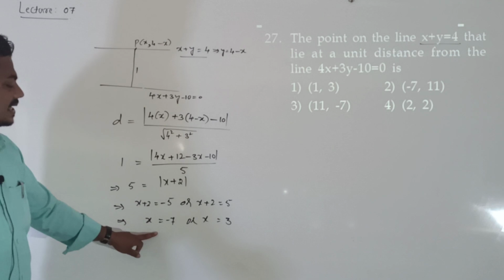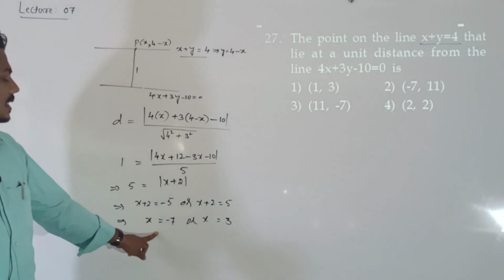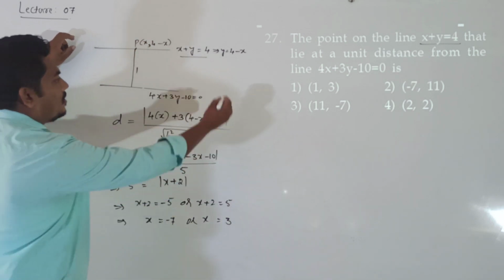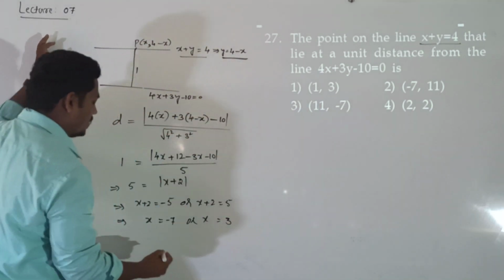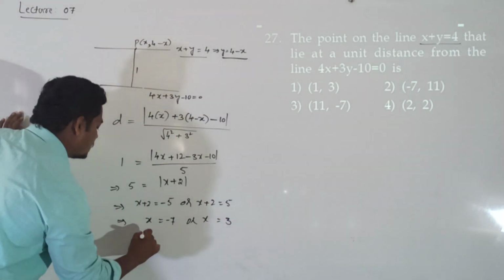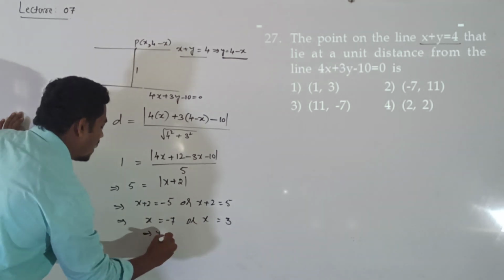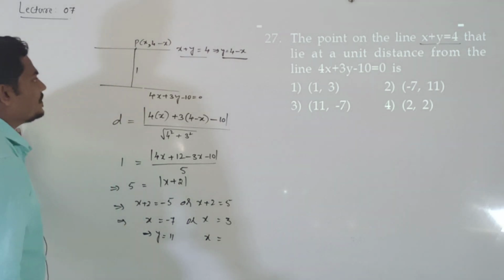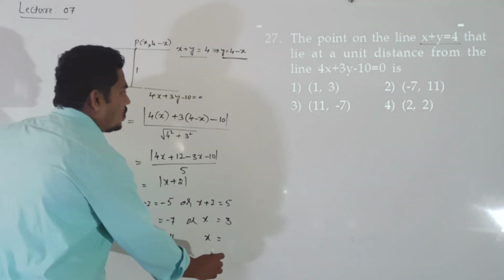The x coordinate is minus 7. If x is minus 7, then what is y? From this, if x is minus 7, y is nothing but 11. In this case, x equal to 3 means the y value is 1,